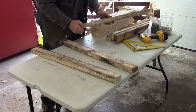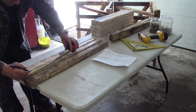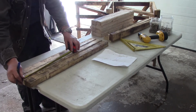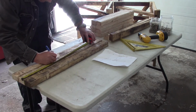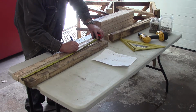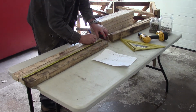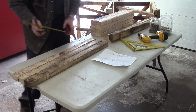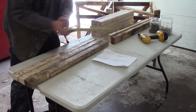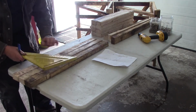Try to find the best 3 pieces. So 3, that's where I'll put the stud. 11 3/4, 20 3/4, and 29.5 to make up for the very top. You can measure each one, or trick of the carpenters, measure in the center and then